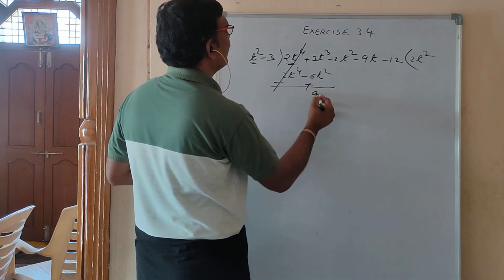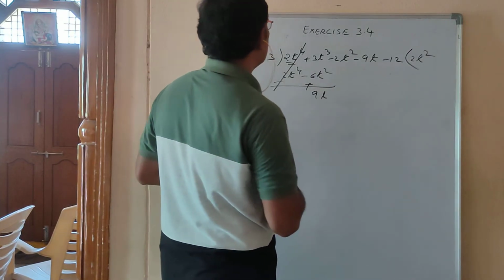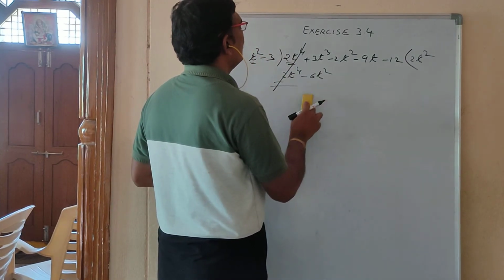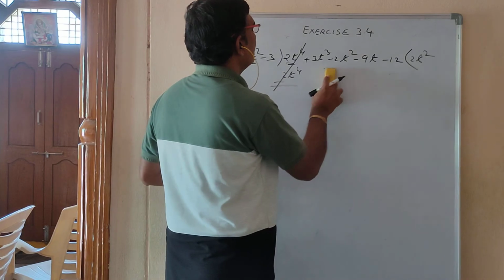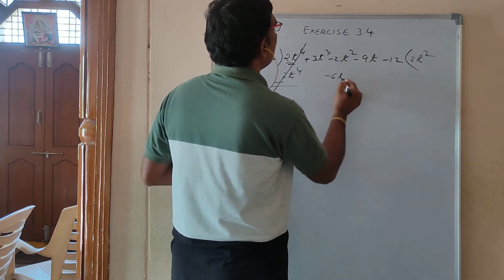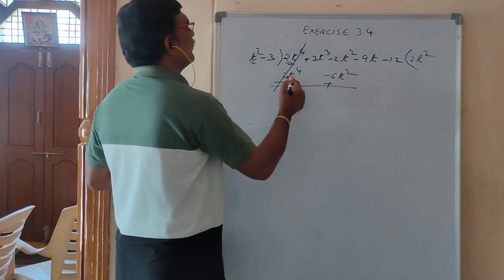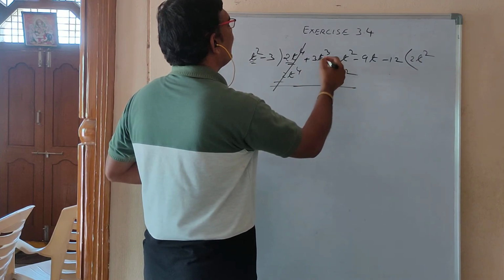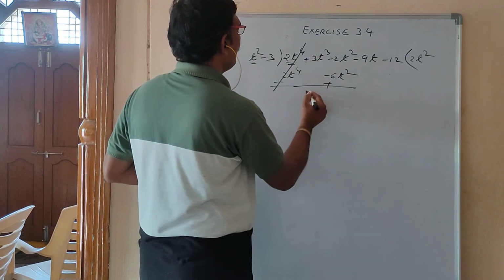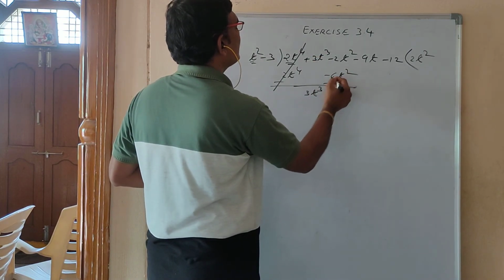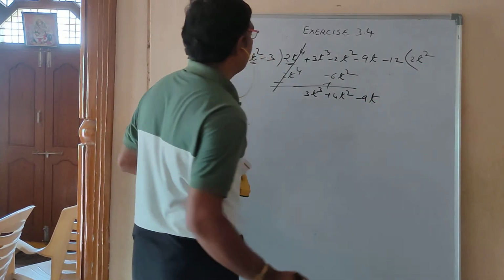Both are positive only. 9. Okay, here the problem is I wrote t square below t, so I can't add. What you have to do is write this t square below the t square term only. Now, t power 4 is cancelled. We can't add 3t cube with minus 6t square, so this 3t cube you have to write down as it is. And here plus 6t square minus 2t square, plus 4t square will come. Minus 9t I am keeping here.